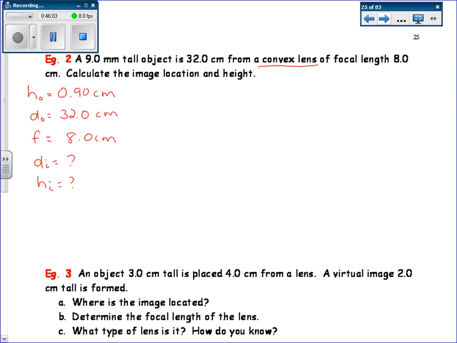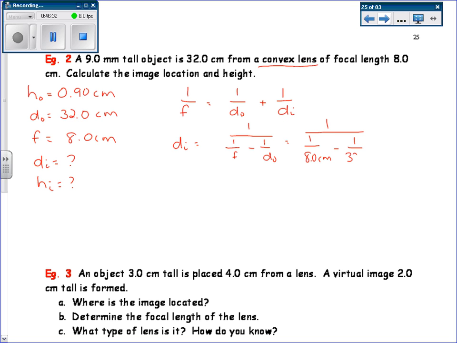I'm going to use my mirror equation, right? 1 over F equals 1 over DO plus 1 over DI. So I'm solving for DI. So DI has to be 1 over F minus 1 over DO, which is 1 over 8 centimeters minus 1